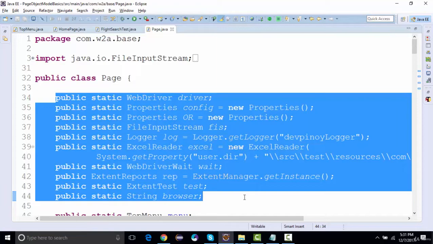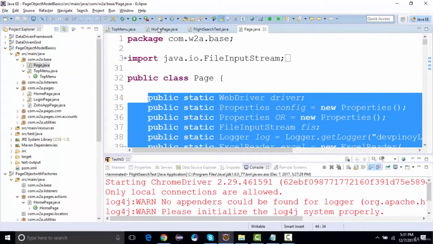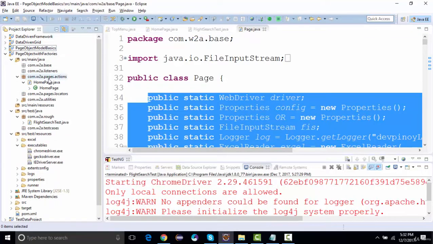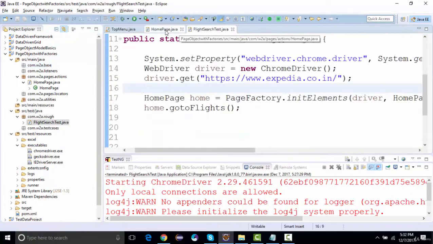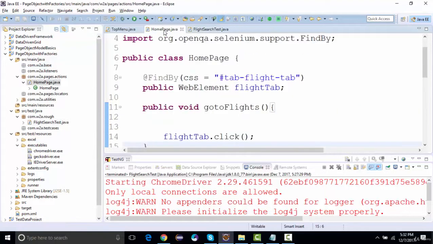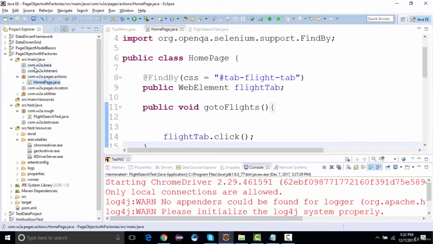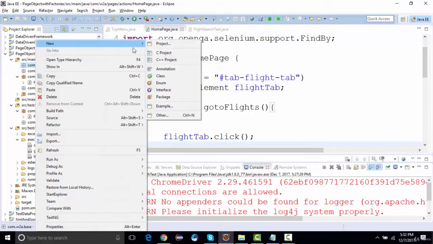So same approach we're gonna follow with our page factories as well, as in we'll be creating a page class for page factory as well, where we will be initializing everything inside a base package, and all our pages will actually take the driver reference, the common driver reference, from the page class itself. So how are we gonna do that? Let's say I create a new page class,